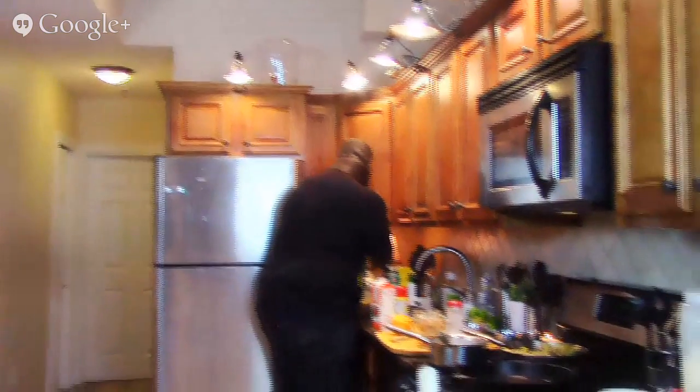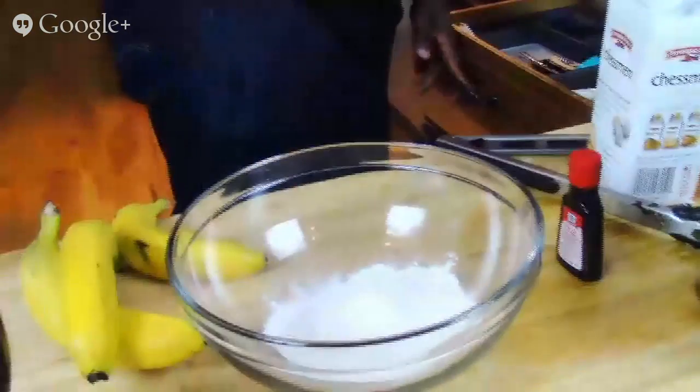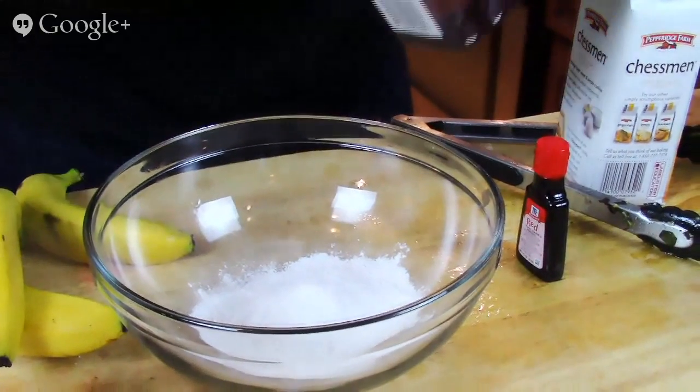So let me grab all the ingredients for our red velvet banana pudding. All right, everything's here. It's just a matter of assembling it all and putting it together. First things first, I've got some French vanilla instant pudding that I'm going to drop in there. And along with that pudding, I want to also drop in a little bit of cocoa powder